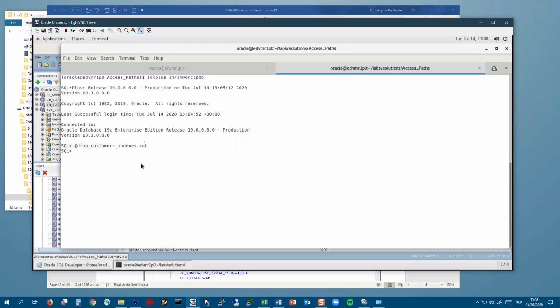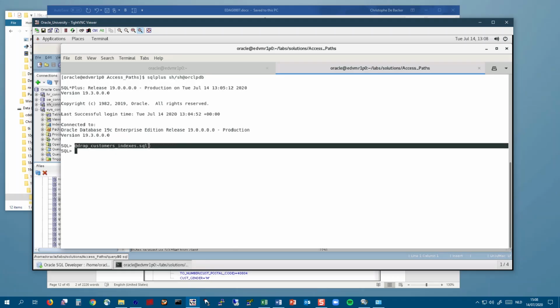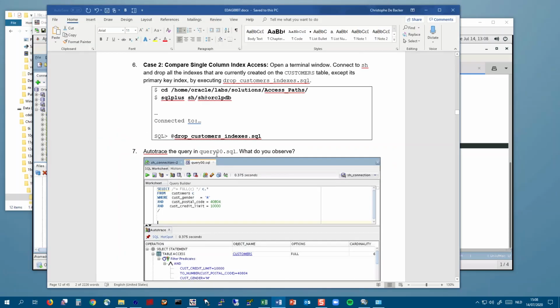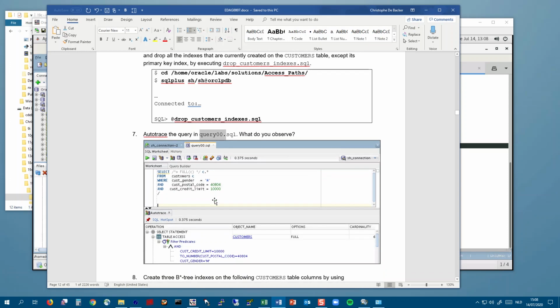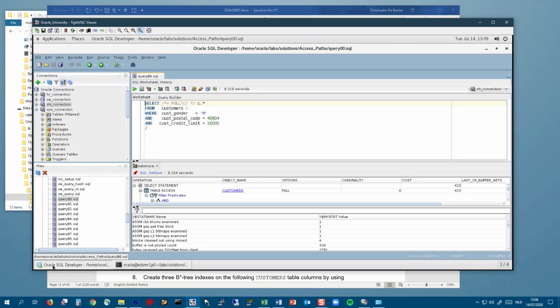So I have here a terminal where I logged in as user sh into pluggable database ORCL PDB, and I've executed this script to drop all the indexes on table customers except the primary key index. Once this is done, you're going to launch a query via the script file query00.sql that will force a full table scan. So you go to your SQL Developer,